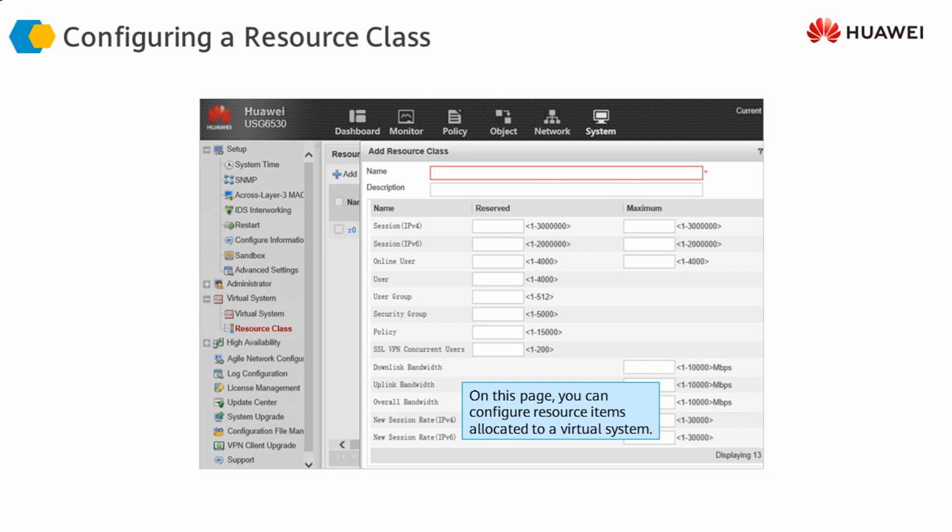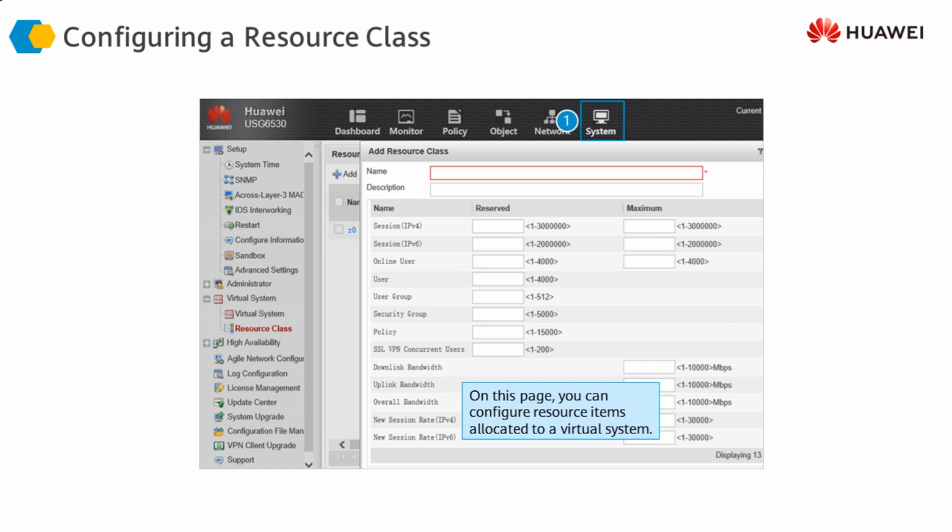The next important step that we have to take includes configuring a resource class. As I mentioned earlier, the resource class is the object, or the place, where we allocate resources to different virtual systems. How this is done is that we create one or more resource classes and allocate resources to those classes, and these classes then act as templates. Then we can assign these templates to different virtual systems, and those virtual systems are going to inherit all the resource allocations that have been configured in these resource classes.